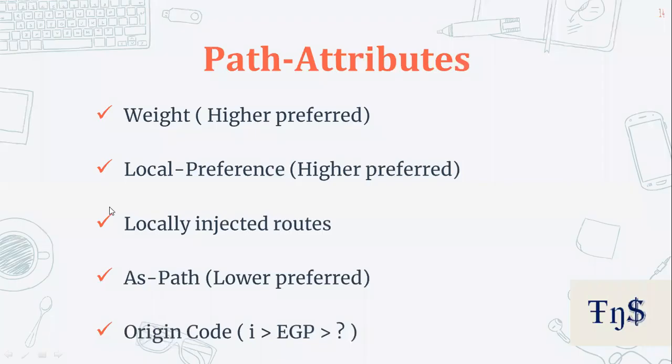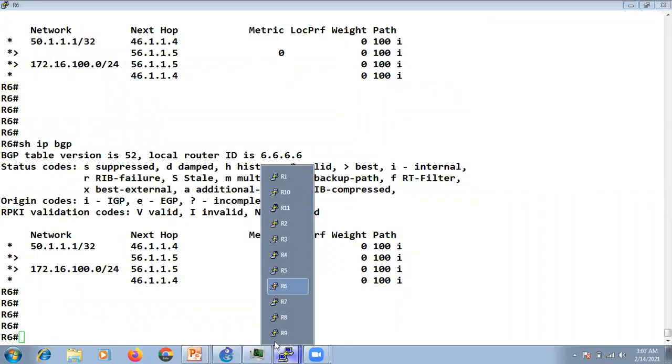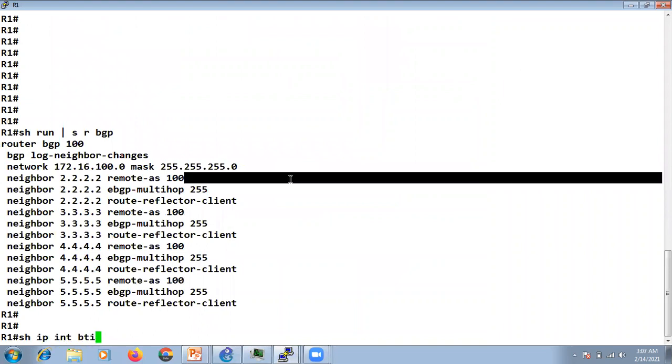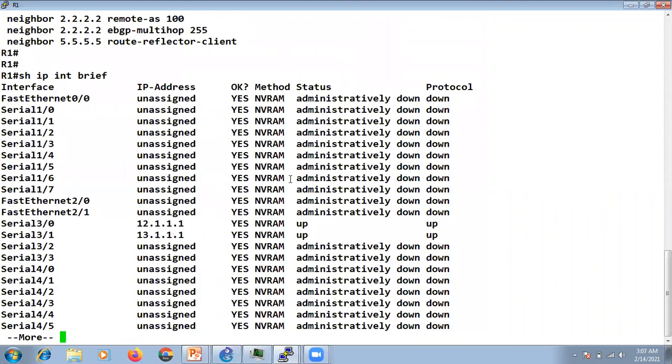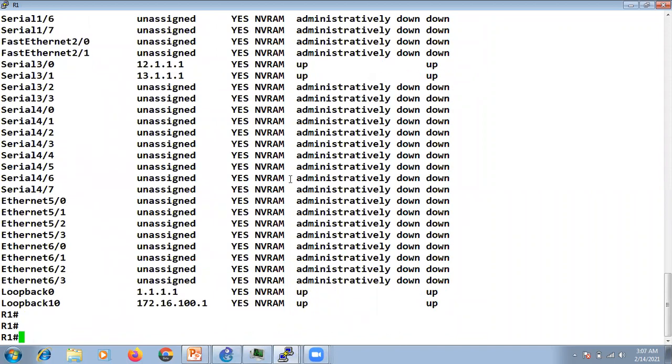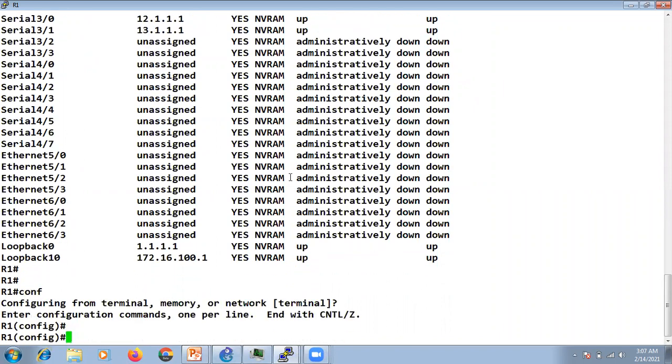And if you see this question mark, it means that the particular subnet or network is advertised by redistribution. For example, let's say we go to R1, show IP interface brief. Okay, let's create another loopback.